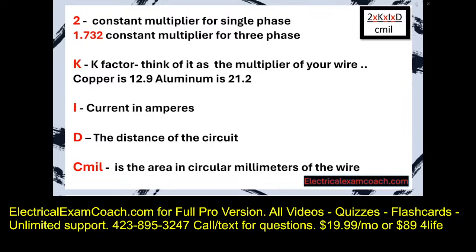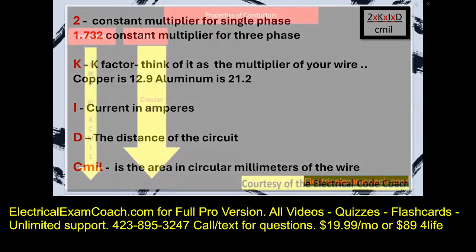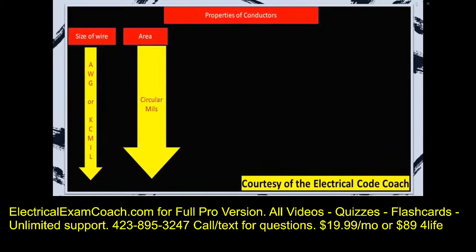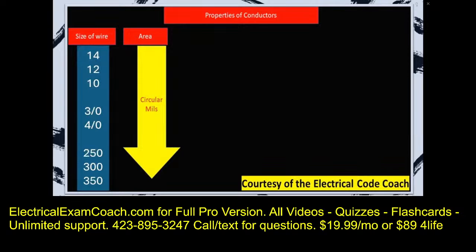To find the C mils of a wire, we need to head to Chapter 9, Table 8. It's toward the back of the book in the Chapter 9 tables. Go ahead and head there now. When we get there, we find that there's a lot going on with the table, but just like every other table, we only need to focus on what we need to focus on. On the left-hand side, we're going to find our size of wire, and you'll notice all of your familiar friends,